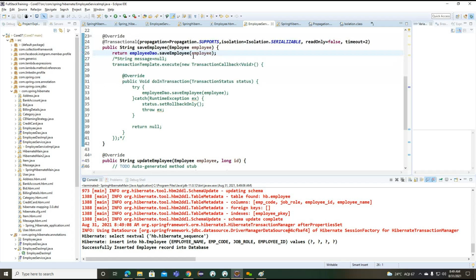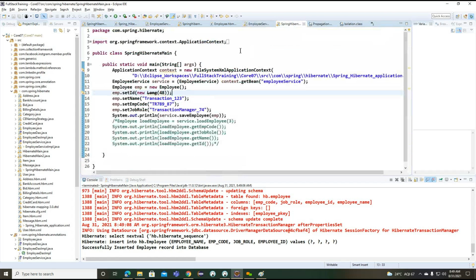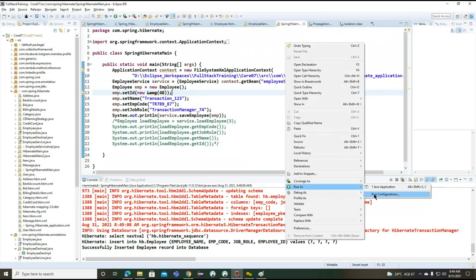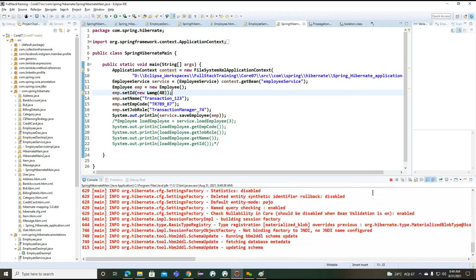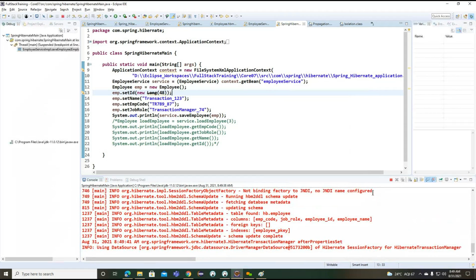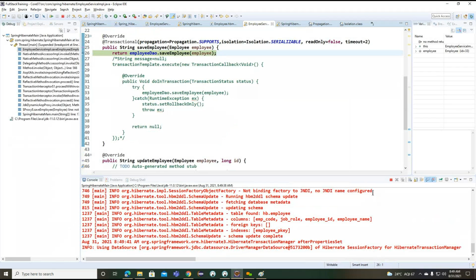Now I want to run the same example in debug mode, because we made a timeout here. So we'll wait 1-2 seconds so that the time is going to complete. If the time completes, we can see whether we are getting an exception or not.